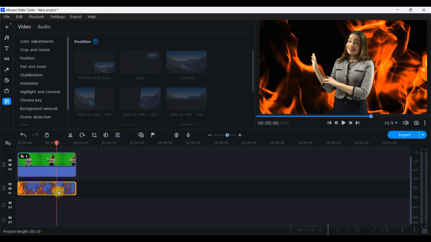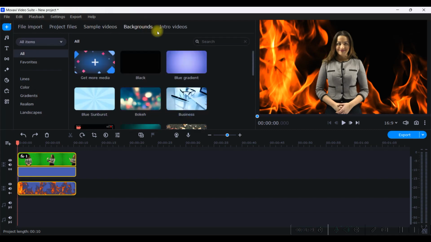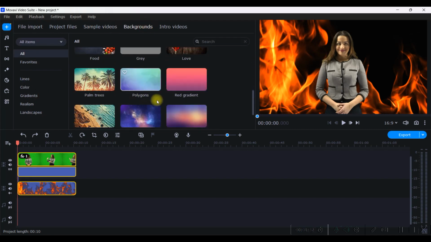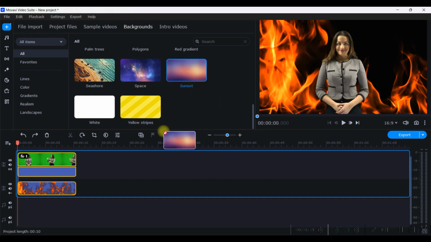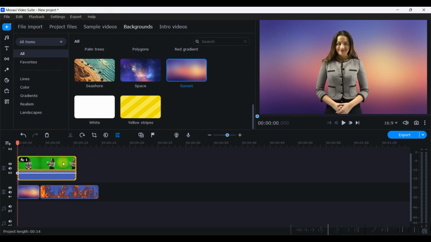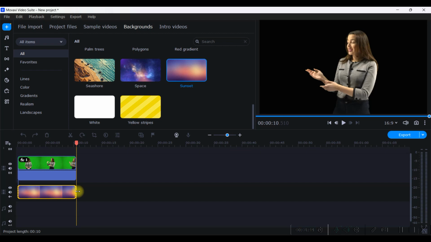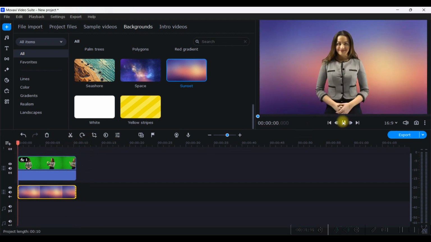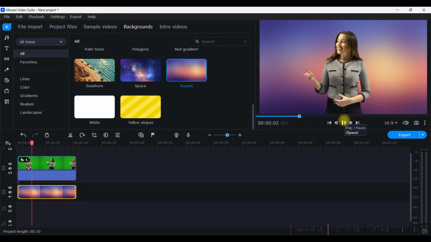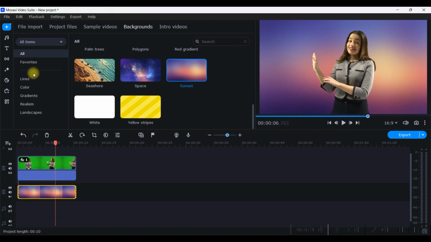You can also use, instead of a video background, static backgrounds itself here. So you can take any of these static backgrounds, just drag and drop it here like this and push the video on top of the background, delete the previous one, then stretch the static background till the end of the clip and see if this has seamlessly removed the background and replaced it with the static one. So this is the first process by which you can actually use chroma key and remove any green screen background.